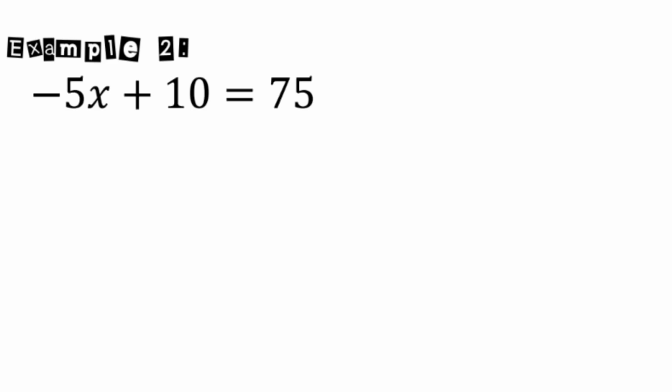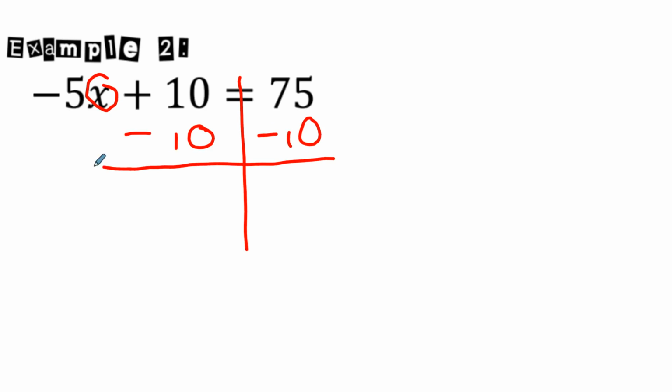So if we take a look here, my first step is always to put a line down the equal sign and circle my variable so I know what I'm solving for. So we are going to first move anything that's being added or subtracted. So we have plus 10. So we're going to do the inverse operation of subtraction on both sides of the equation. And that's going to give us